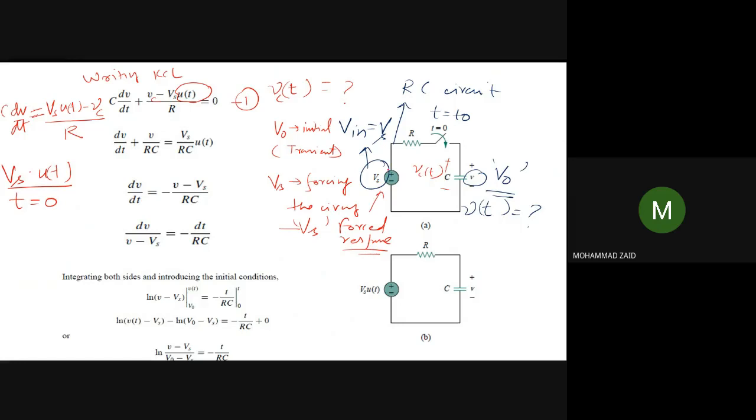This is something which you need to keep in your mind, that Vs and Vs u(t) are two different things. For here they have not written Vs u(t) because it is understood from the figure that we are closing the switch at t is equal to 0. So obviously Vs was 0 before, for t less than 0. We have only applied it after t greater than 0.